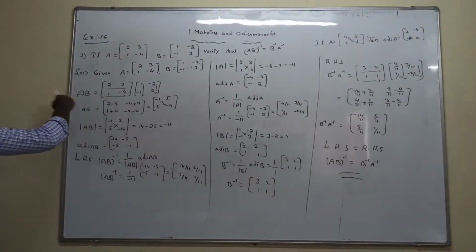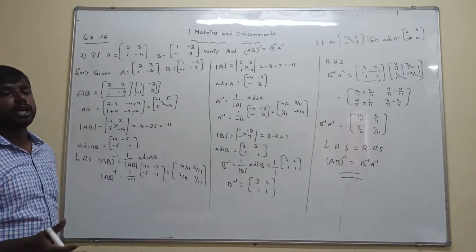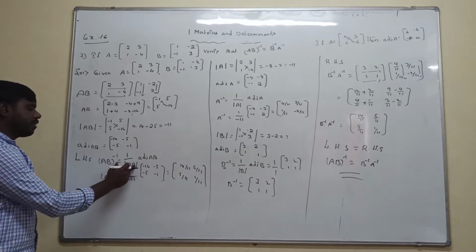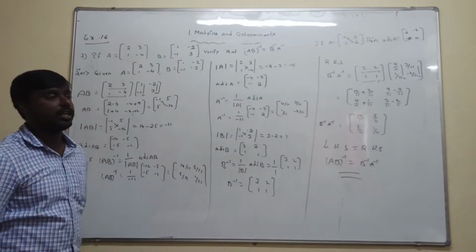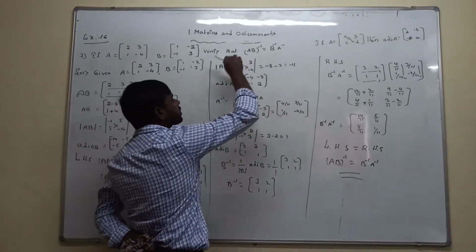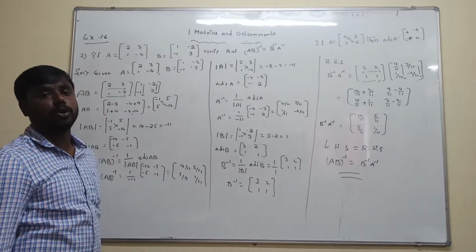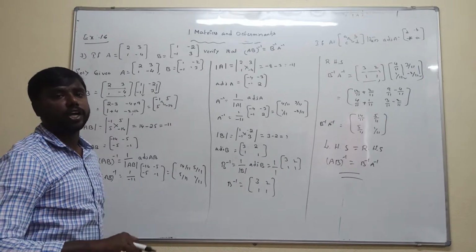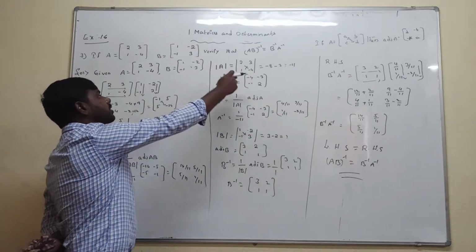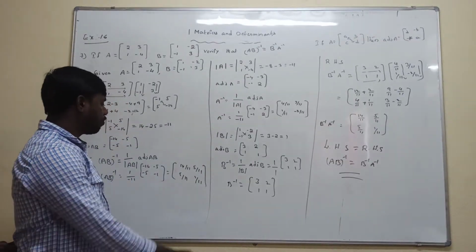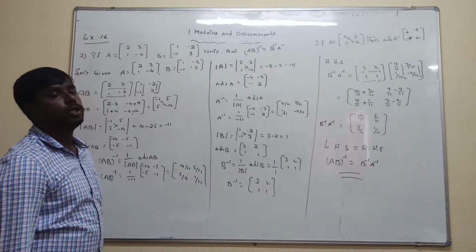First we will calculate AB. After that, the determinant of AB and adjoint of AB. Substitute those elements in the inverse of AB formula, which is 1 by determinant AB into adjoint of AB. That is the left hand side condition. Next, the RHS condition is inverse of B into inverse of A. Separately we need to calculate the inverse of B and the inverse of A. After that, take the product of inverse of B into inverse of A. After that, we check whether LHS and RHS are equal or not. When both are equal, the conclusion is LHS is equal to RHS. This is the solution of this question.